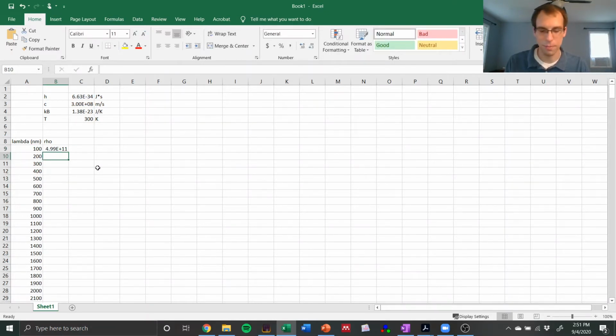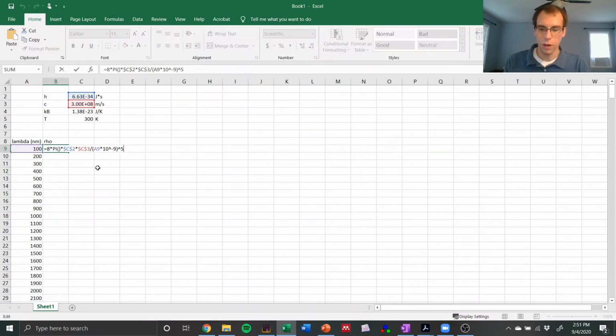And now we need the part that has the exponential in it. Okay, so we multiply this times 1 over exp. So this is our exponential function. This is the way we write exponentials in Excel, and exponentials show up a lot in this class. So this is a very useful function to know. And then we open parentheses, and everything inside there is what's going to be inside of our exponent in the exponential. Okay, so we need h, absolute reference, times c, absolute reference,